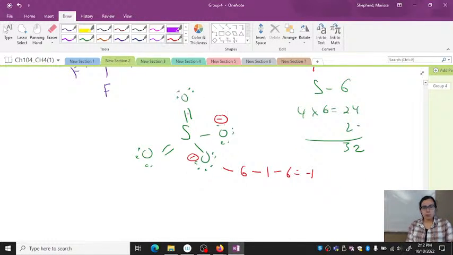You could have started with a single bond at each oxygen, and if you did the formal charges, you would have like a sulfur 2+, and that would be a little odd. And then how many total electrons does sulfur have? So 12 total electrons. So again, that's why we say it's hypervalent.